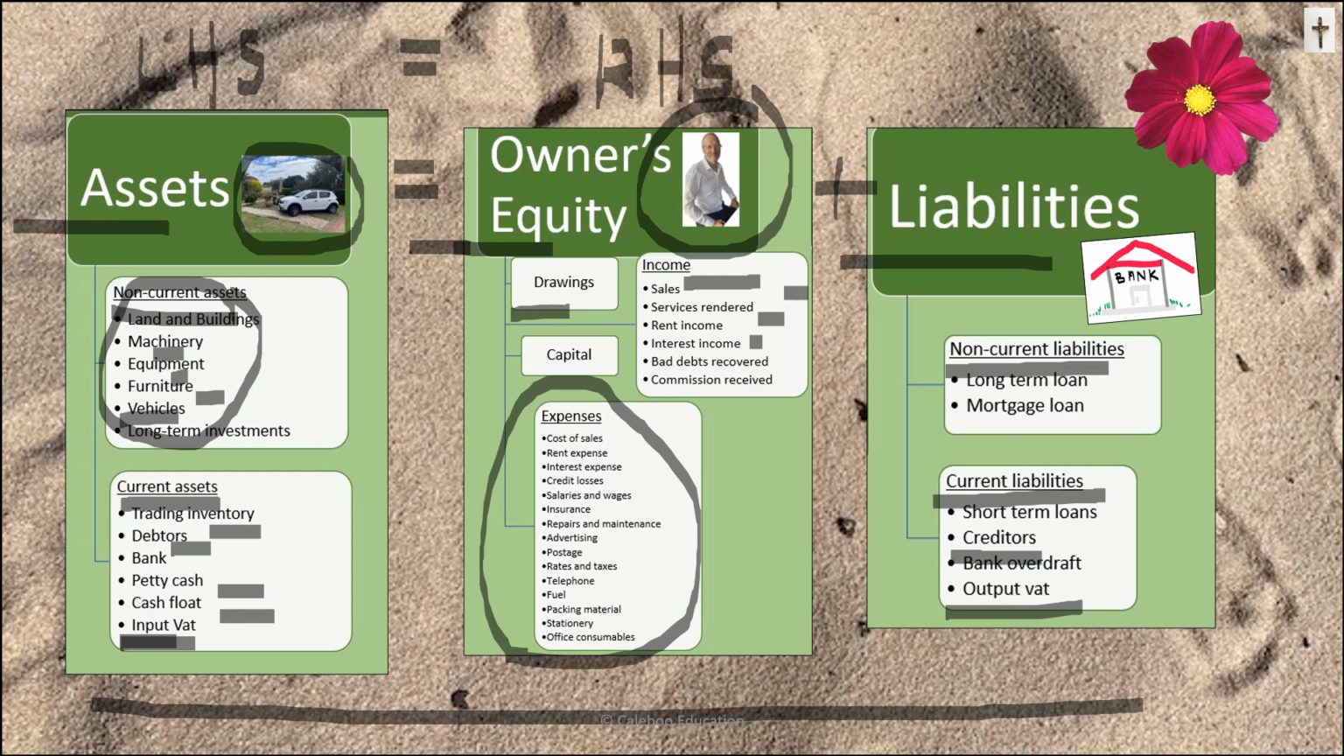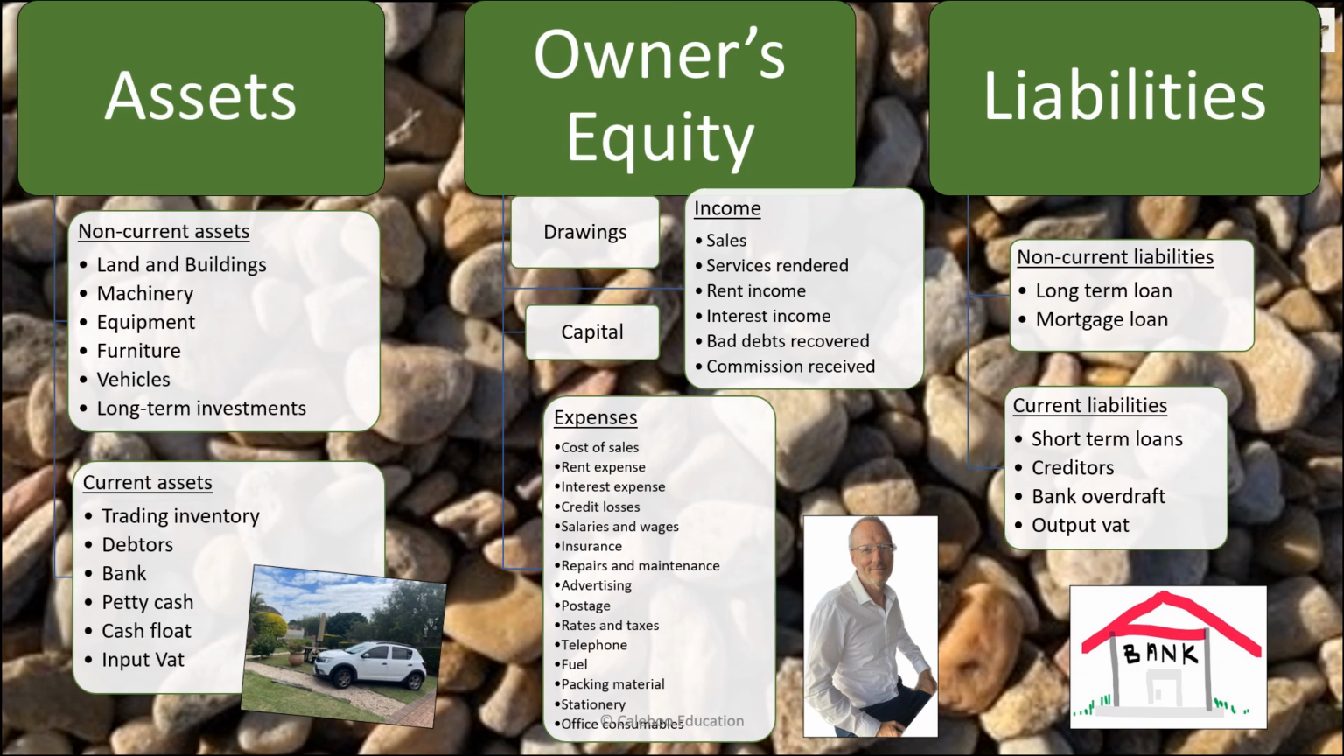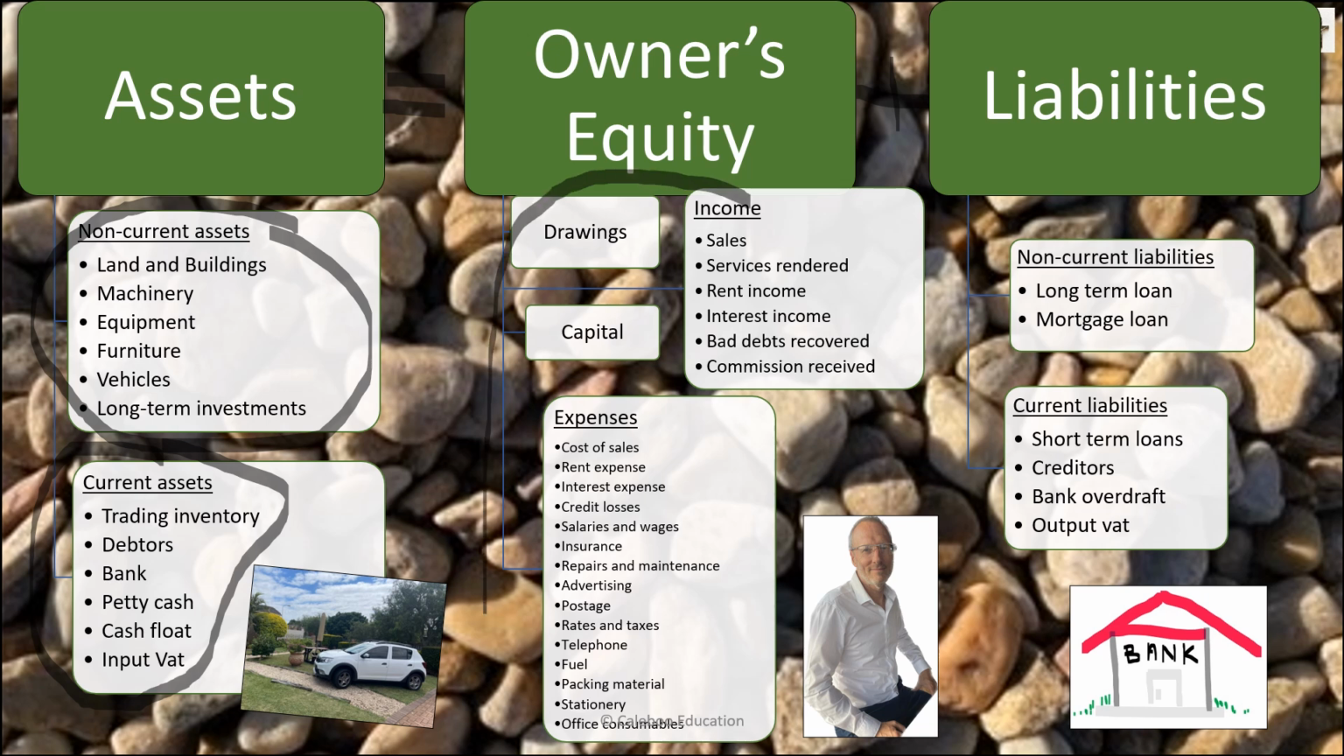If you know your accounting rules and if you apply them correctly. I'm getting there. This is a powerful document. Once again, there's my accounting equation. Assets equals owner's equity plus liabilities. There are my examples of non-current assets, examples of current assets. We have owner's equity